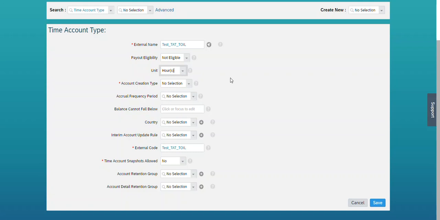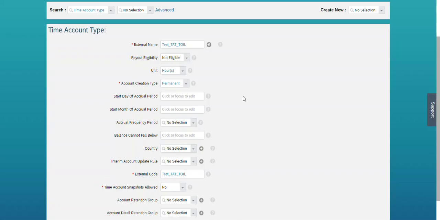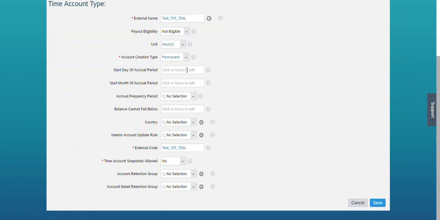And the unit I'm putting as hours. Now for time account creation type, I'm putting permanent. For the time account type for the purpose of time of in lieu, the time account creation type should always be permanent. Start of the accrual period is not required, so we just need to select hours as the unit and permanent as the account creation type. That's it, and the rest of the things can be managed via the overtime compensation variant. So we are just saving this